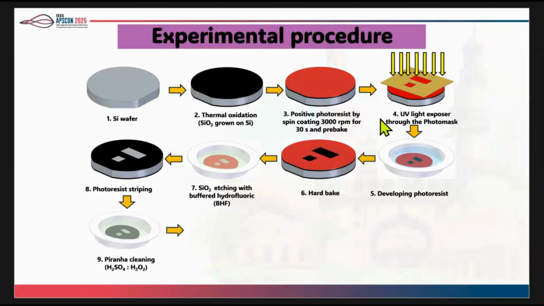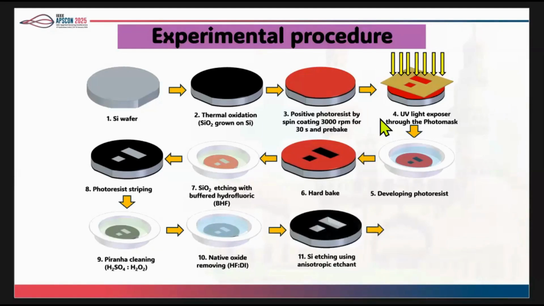After that, due to removing the acetone, some organic contamination has to be removed by piranha cleaning. During piranha cleaning, some native oxide forms, which should be removed by 1% HF cleaning. After this process, we go for the anisotropic etching using 18% TMAH